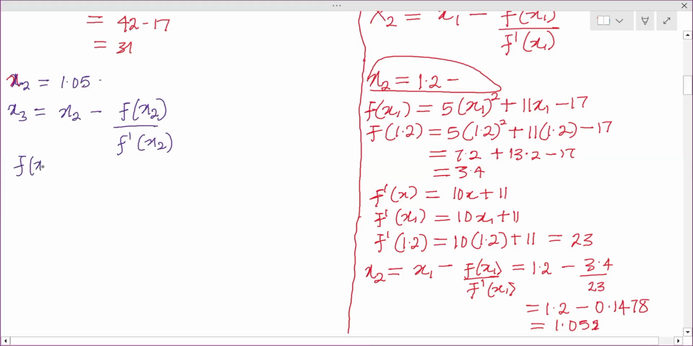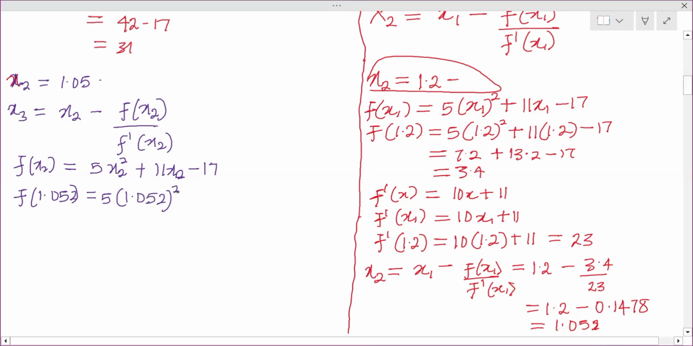f of x2 is equal to 5x2 squared plus 11x2 minus 17. Sorry, it's plus. So then x2 is 1.05 as an approximate value I'm using. Okay, let me use the correct value here, which is 1.052. This will be equal to 5 into 1.052